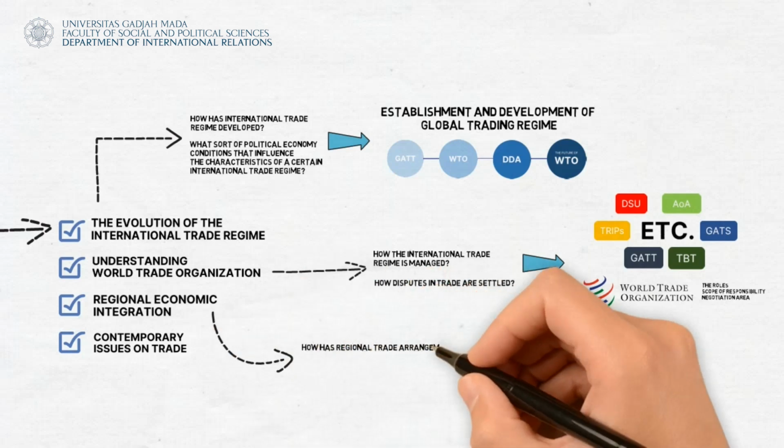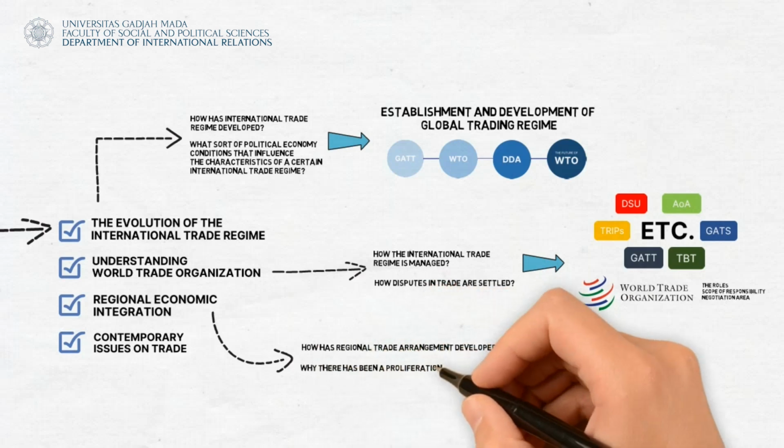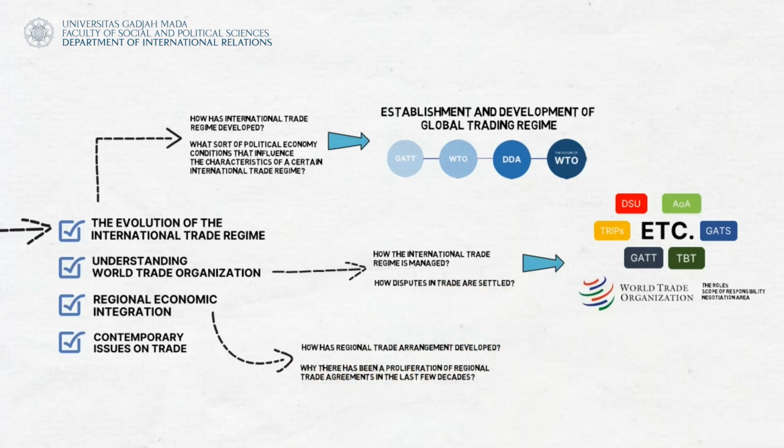How has regional trade arrangement developed? Why has there been a proliferation of regional trade agreements in the last few decades? Under the topic of regional economic integration, these questions will be addressed. This meeting will also focus on the Indonesia-Australia Comprehensive Economic Partnership Agreement as the latest trade agreement that's signed by